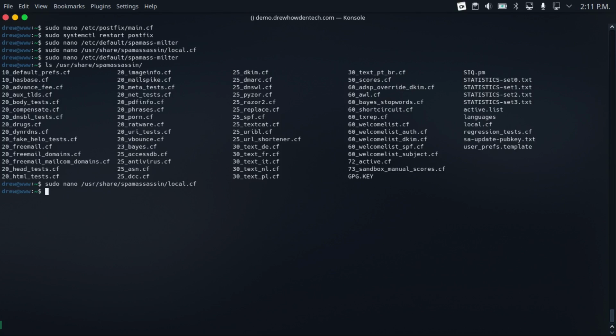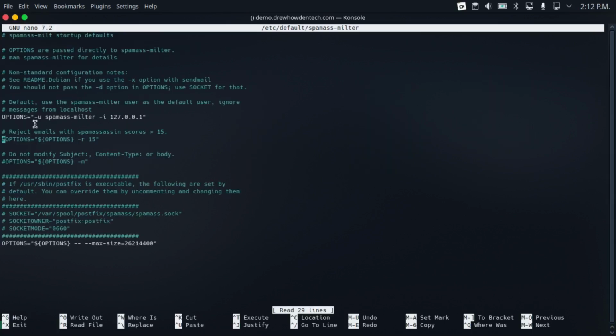So of course, there's a lot more you can do to fine-tune SpamAssassin to your liking. I've just scratched the surface. One more configuration option that I actually forgot to mention is if you go back into your spamass-milter configuration file with sudo nano /etc/default/spamass-milter. If you come down to this line underneath reject emails with SpamAssassin scores greater than 15,